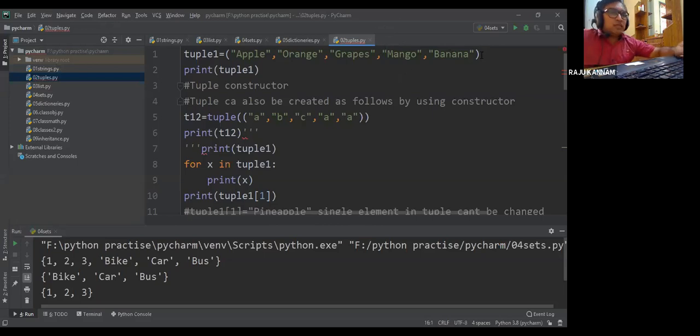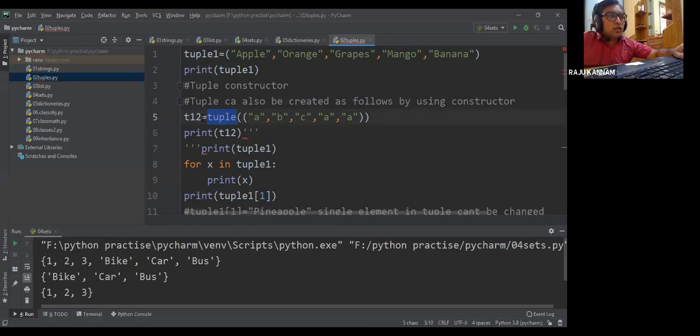Last class we have seen this is a way to create the tuple. Just give the name equal to and use the normal brackets. In that, whatever elements you want to declare, you just declare them. That will be considered a tuple, and we are printing the tuple. Apart from this, we can create the tuple by using the tuple constructor, because every class will have a constructor.